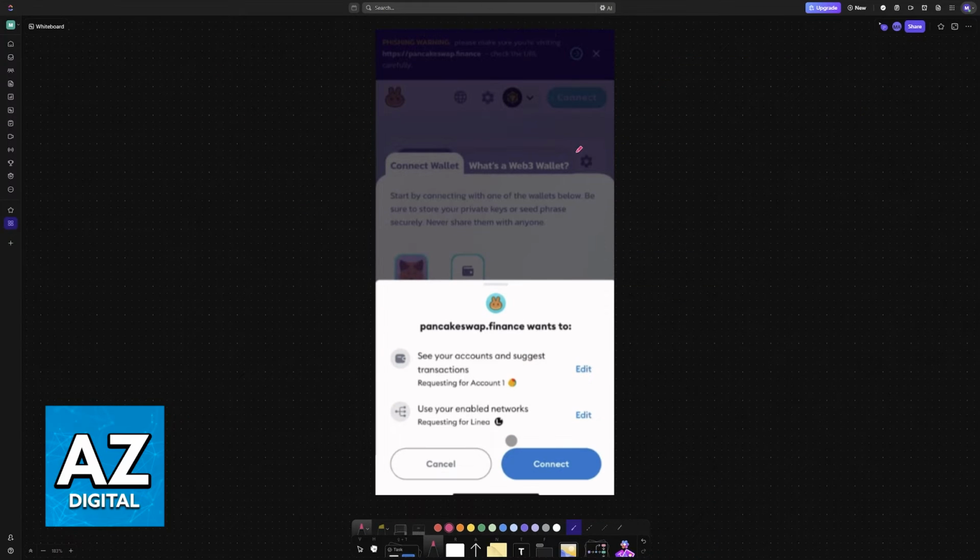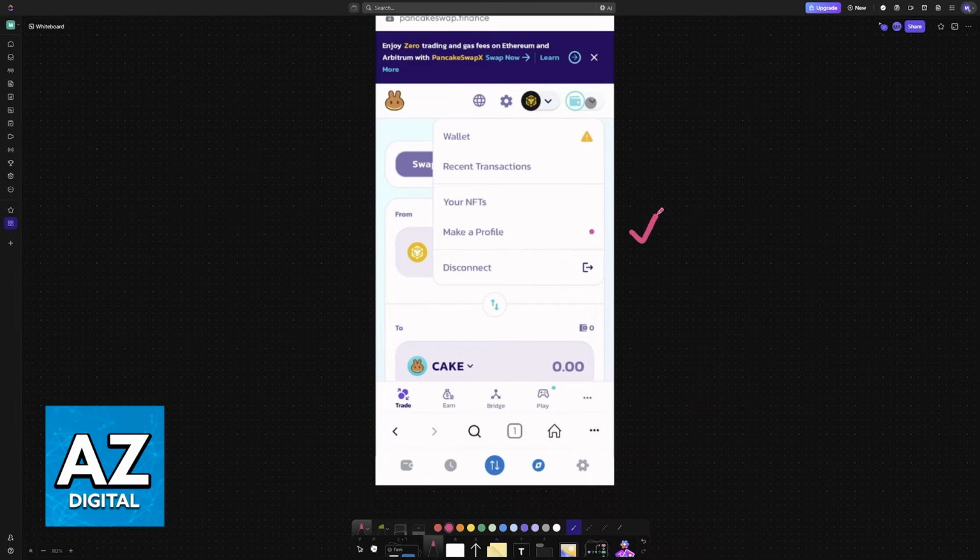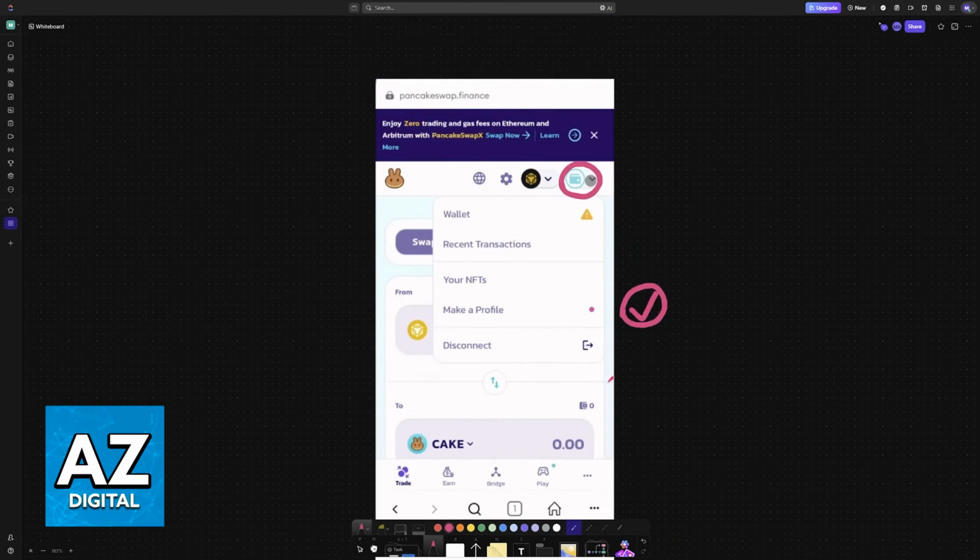If you do this process through your smartphone, however, you visit the website, choose the option to connect, and then select MetaMask. For this one, you will once again see the option to connect. So again, as long as you have MetaMask installed on your platform, it is going to be directly prompted for you to connect. And once you choose the option to connect, everything will be set up. Your wallet will now be ready. You can manage it at the top. You can see your account and everything will be available.